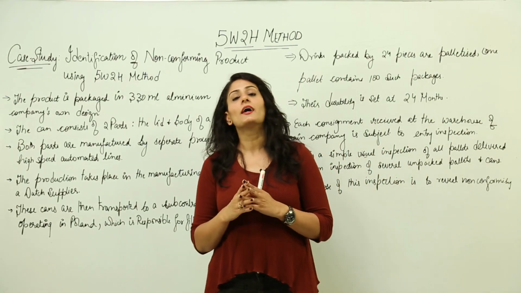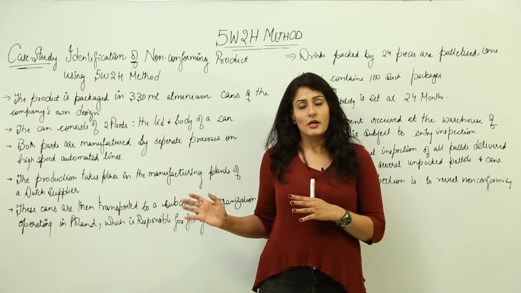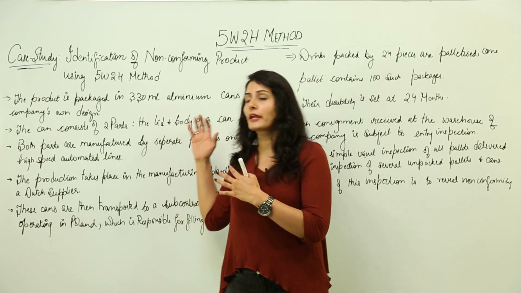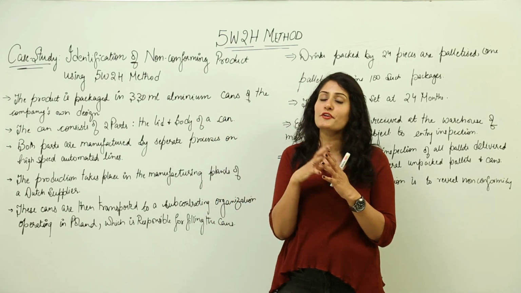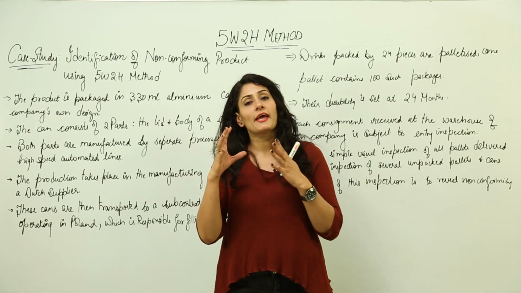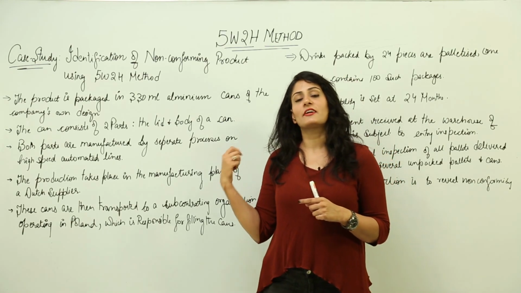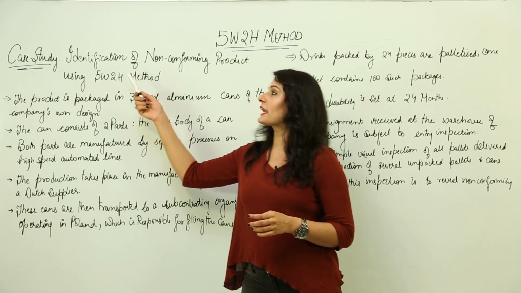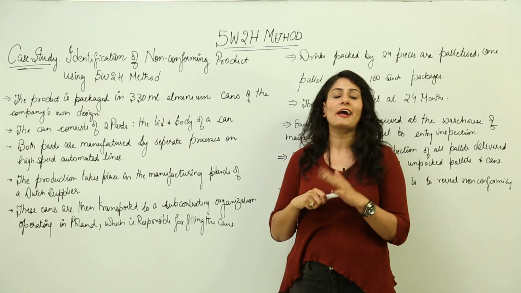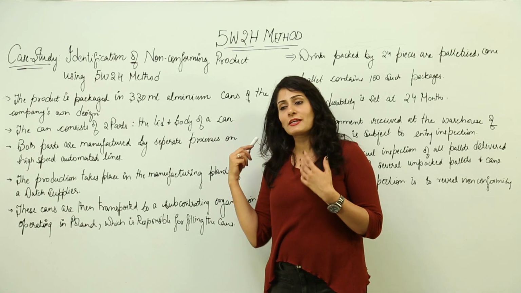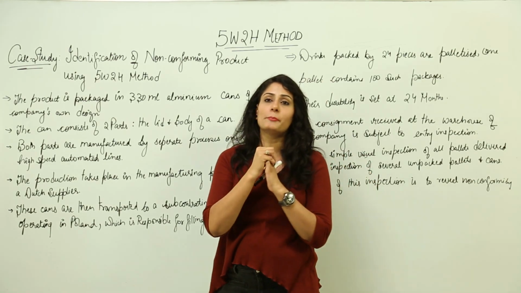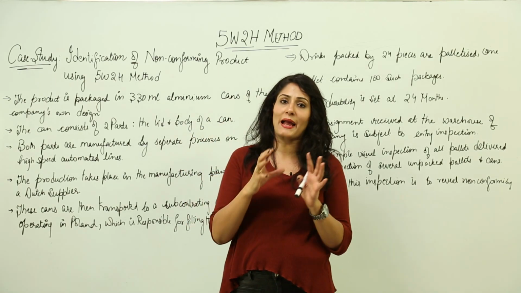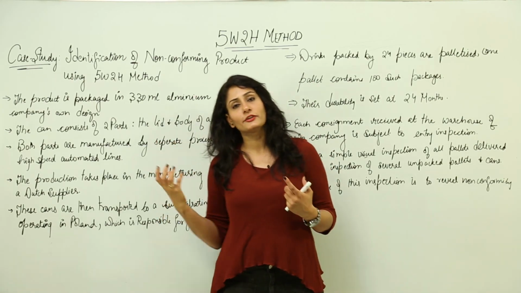Now that you have a basic understanding of the application of this method, I am going to use a case study which will help you understand better how we can use this 5W2H method to identify the non-conformity or the errors in a process, right. This case study I have taken from the 9th International Quality Conference, and it is about identification of non-conforming products using 5W2H method, right. Using this case study I will explain how various steps are taken to identify non-conformance in drinks packaging of a company which sells energy drinks, right.